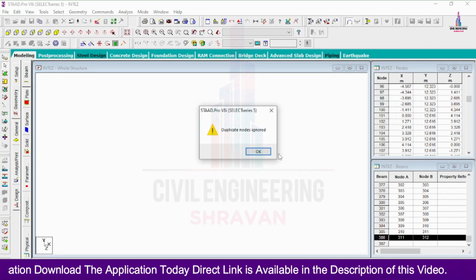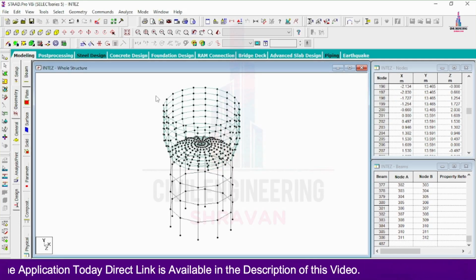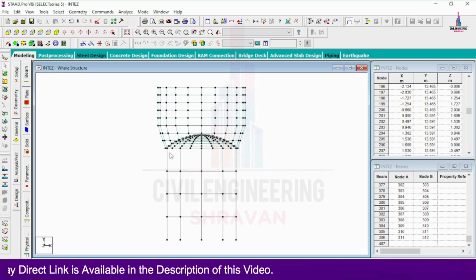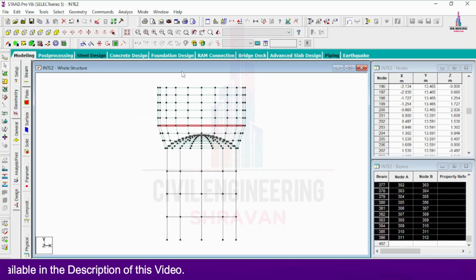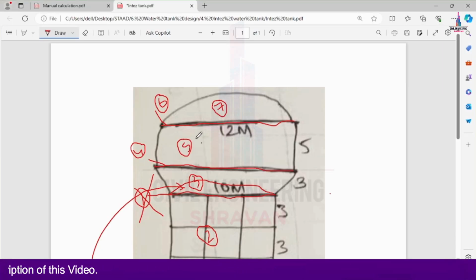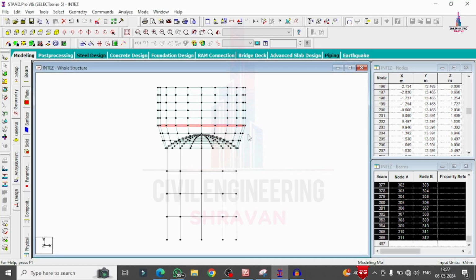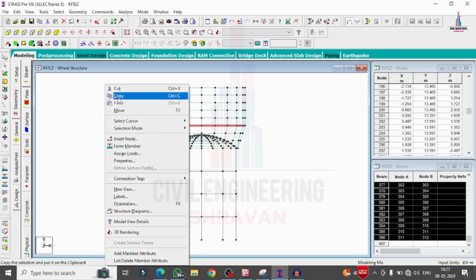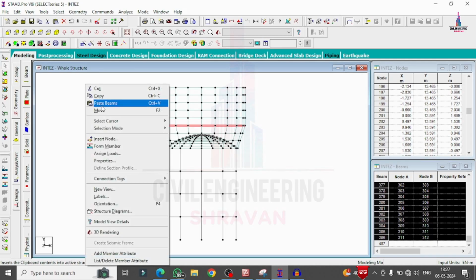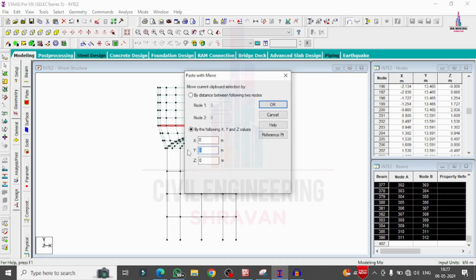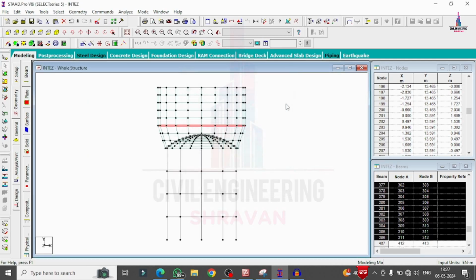Click on the OK option. After this we have to copy the ring beam available at this location to a height of 5 meter level. Why? Because the next stage is to model this top ring beam. It will be directly available here with the same cross section of the ring beam at this level. We can directly copy this ring beam to this level by using the copy option, or else go to translational repeat. Click on paste beams option at a height of 5 meter from the Y junction. So now we can see it was created here like this.